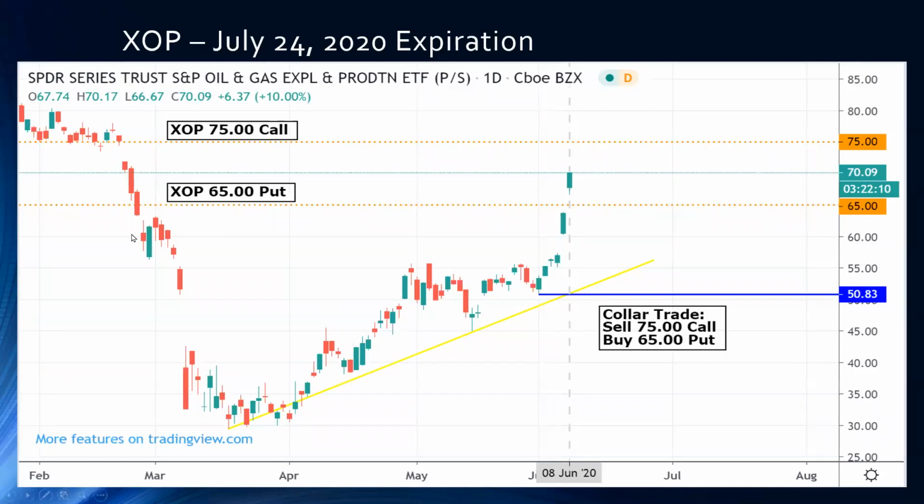So we have the $75 call and the $65 put. Look at how this market, remember how oil all of a sudden came back off from March, exploding into June. All of a sudden we're paying higher prices. I mean, I paid $1.69 at the pump for a month and a half for unleaded, and now it's back up to $2.25. So this is where it was when I started this slide.